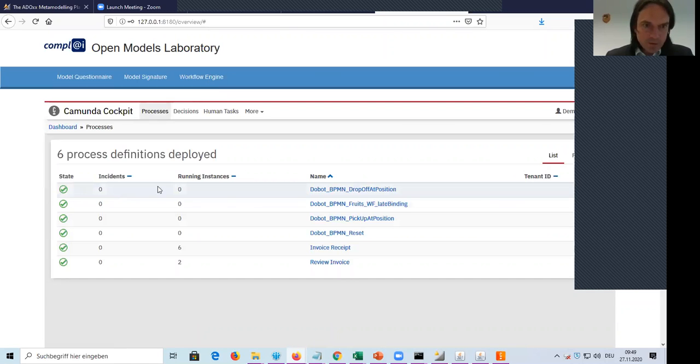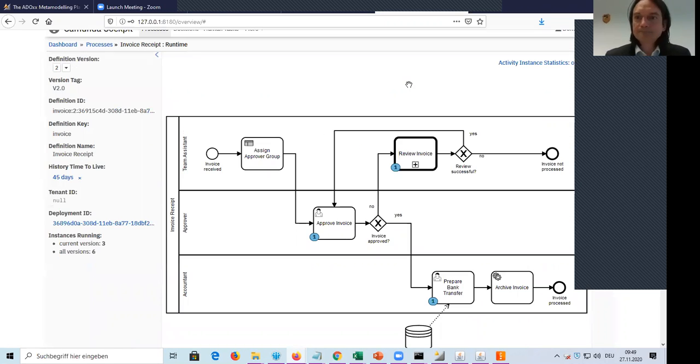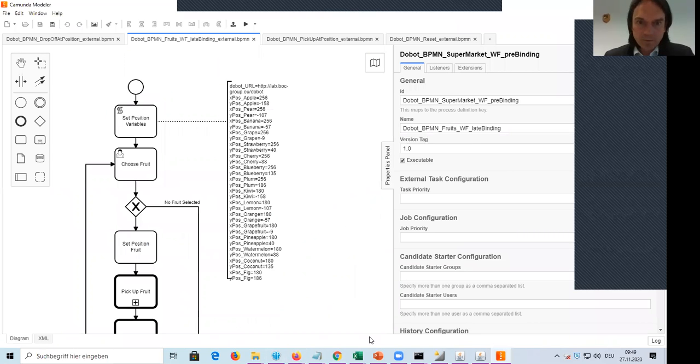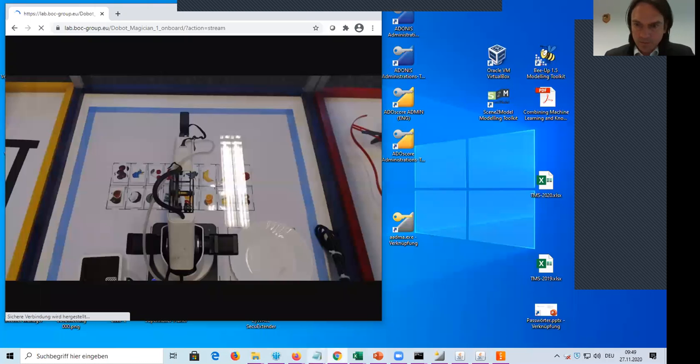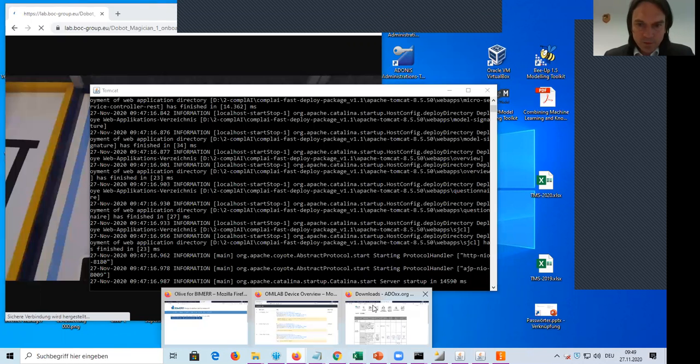Because I have to delete those running instances here, invoice receipt. Sorry, I started the wrong engine. Now, let me give one minute to sort this out. If I should delete now this or